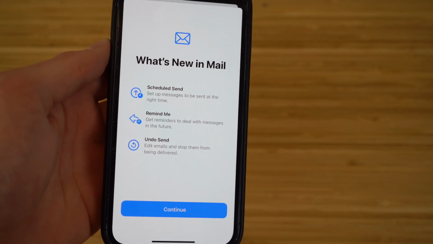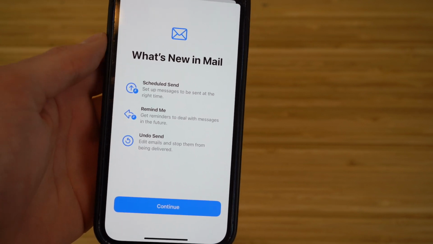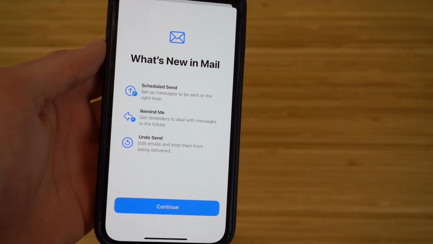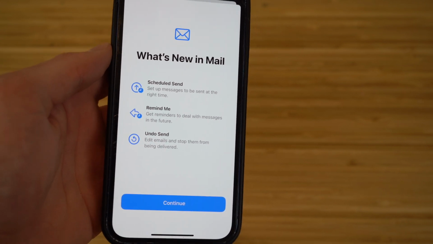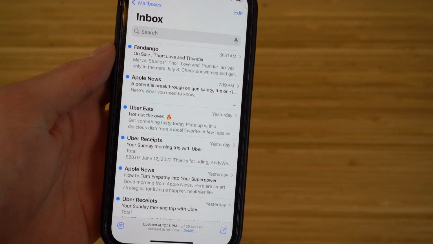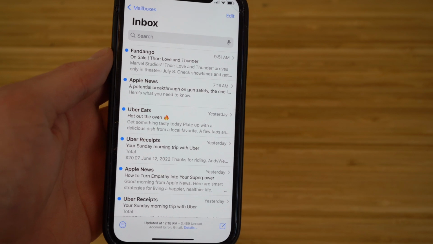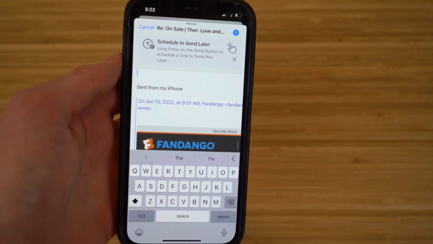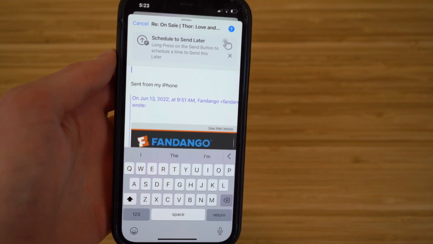So if you guys need to edit it, or if you made a mistake when typing it, you guys can just undo that or edit that in any way you want. It's super convenient and innovative, and I want to show you guys a little bit how this works. So let's click continue right here, and now we're on my messaging app or my email app on my iPhone. As you can see, I'm currently drafting up an email to send in my messaging app on my iPhone,